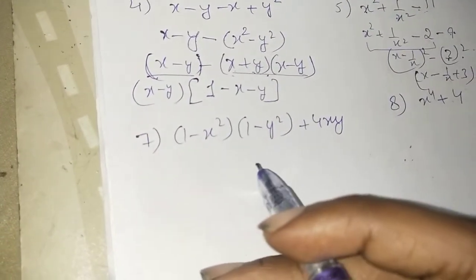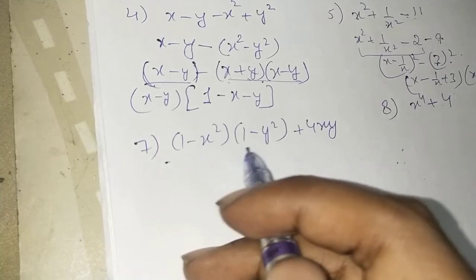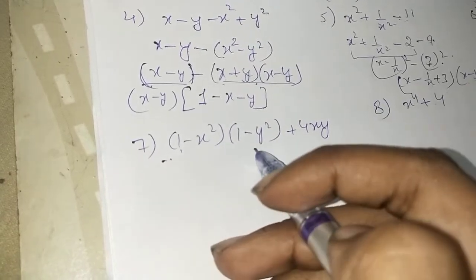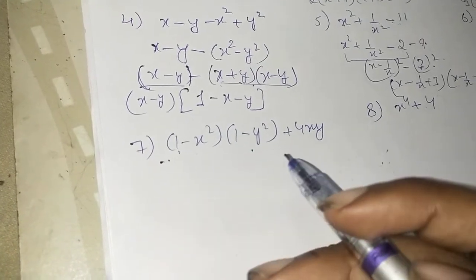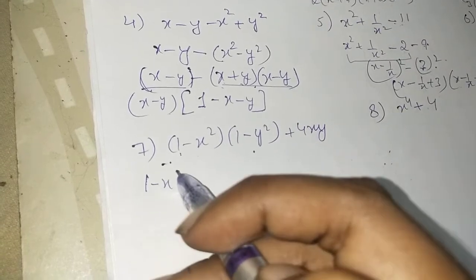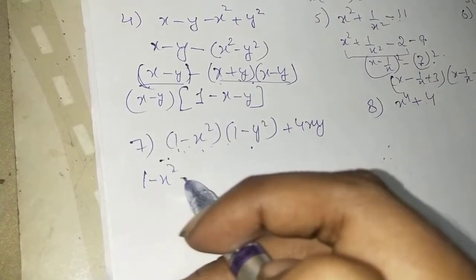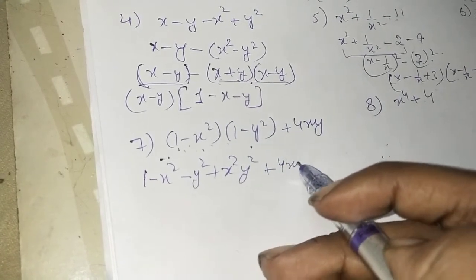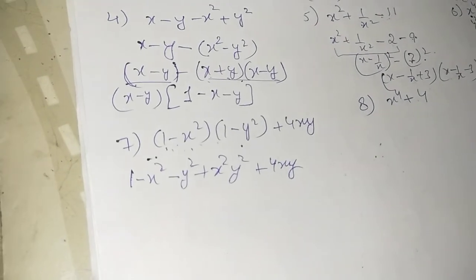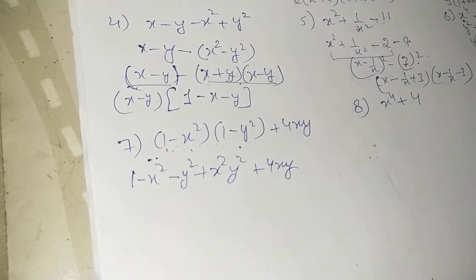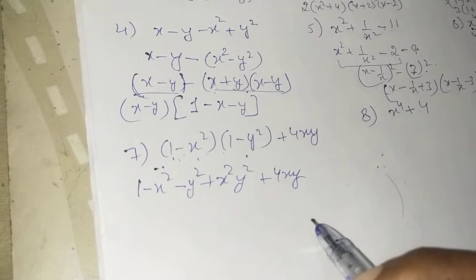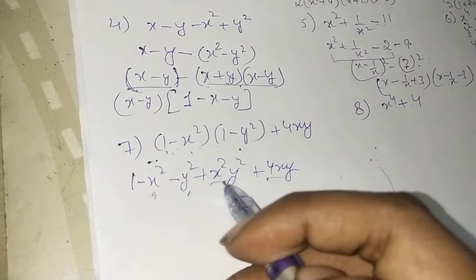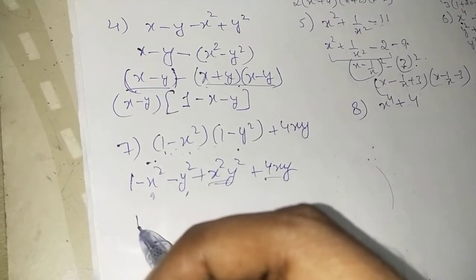Okay, now this is what we are having. This is getting multiplied, plus 4xy. Now we cannot do anything. Let's release the bracket, multiplying as we studied in the chapter of expansions. So 1 minus x square will be multiplied by 1 and by y square. So it will be minus y square plus x square y square plus 4xy. Fine. Now over here, this is the main thing. We'll have to rearrange the terms and try to break it down, because we are having x square and y square and also x square y square. So let's see what we can group up.